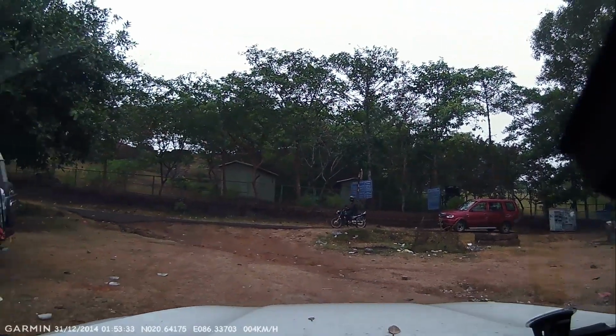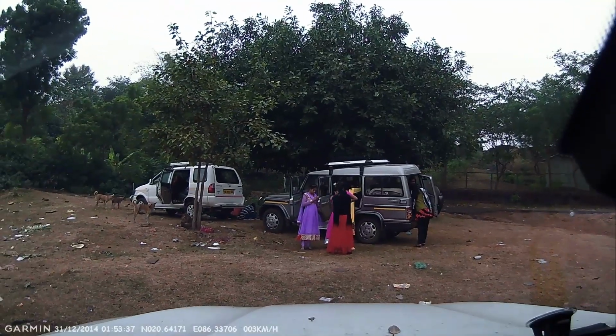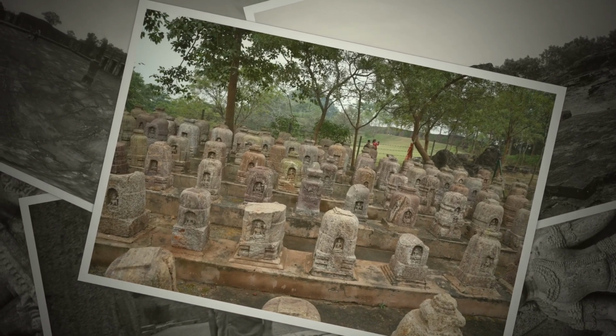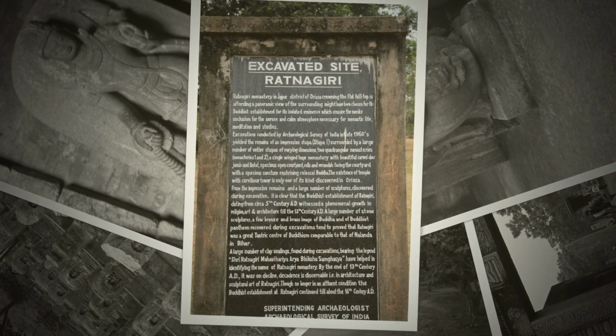Excavations were conducted by the Archaeological Survey of India in the 1960s, and they yielded the remains of an impressive stupa, which is also labeled as Stupa 1, surrounded by a large number of votive stupas of varying dimensions, 2 quadrangular monasteries